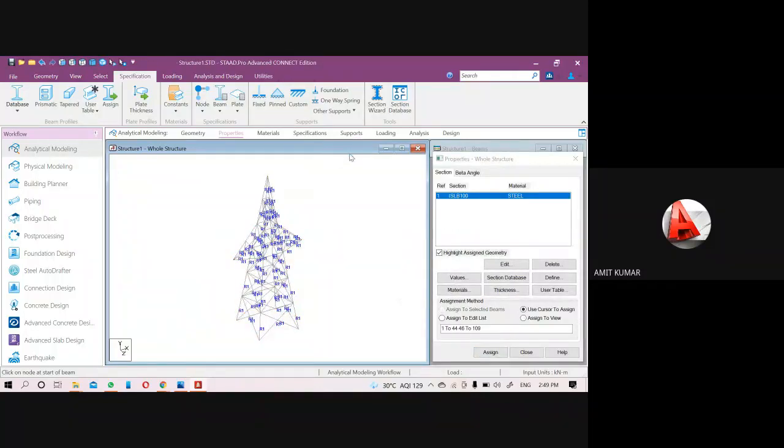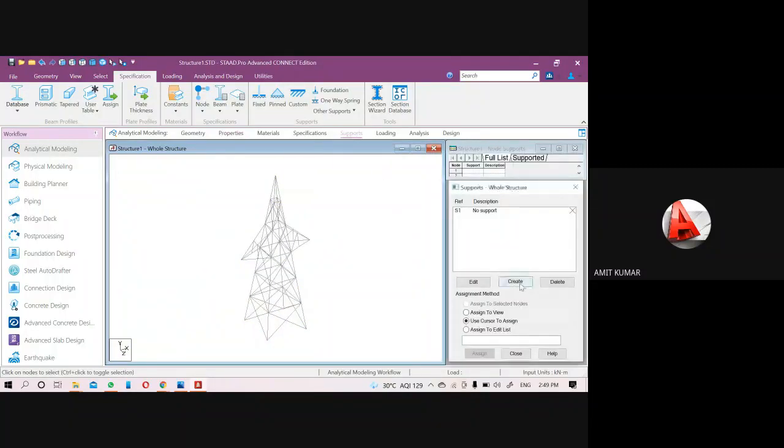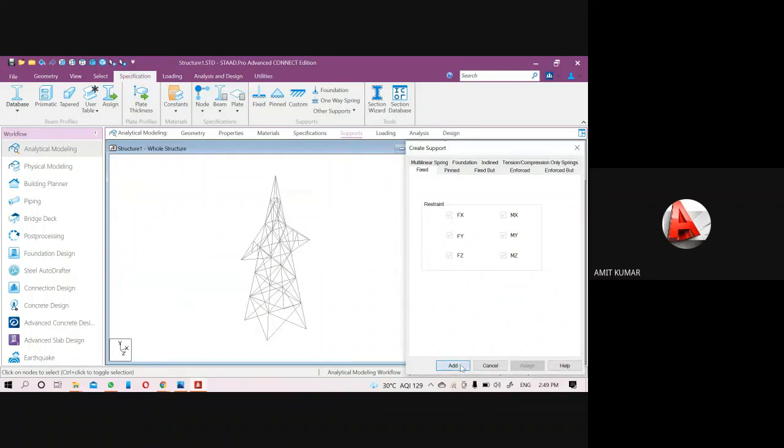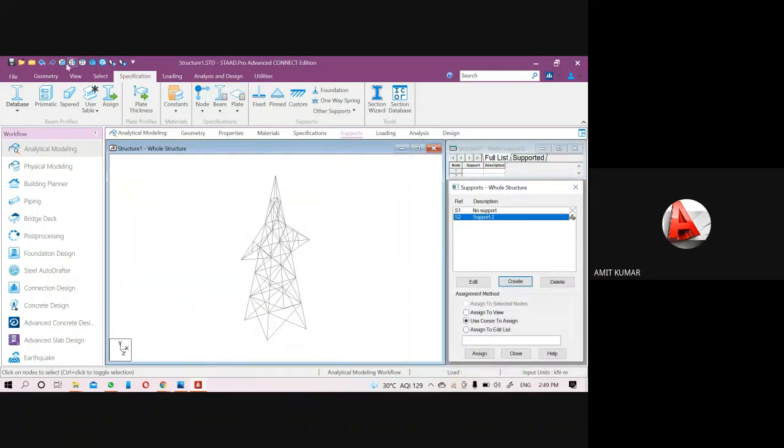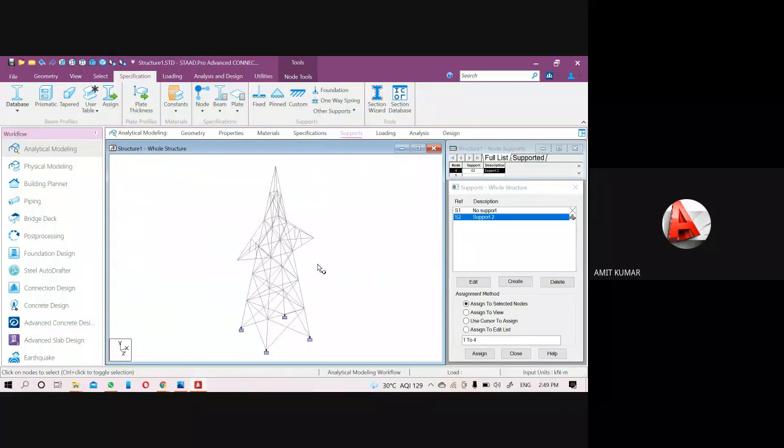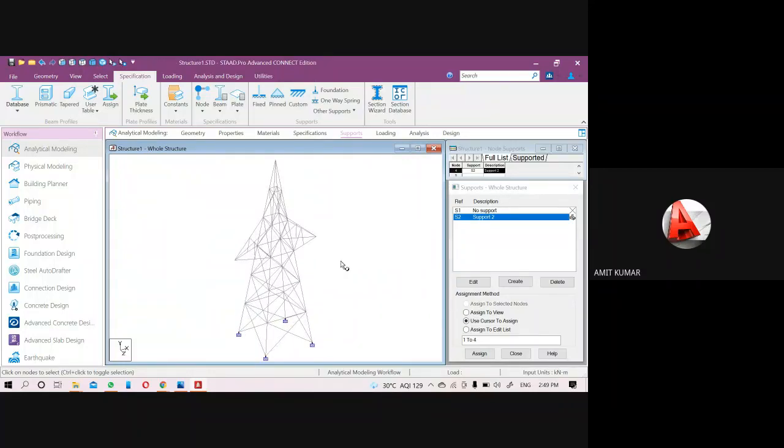Then after I will add a fixed support here. But when I do the steel design, in the last, software will apply a few properties according to the steel codes.